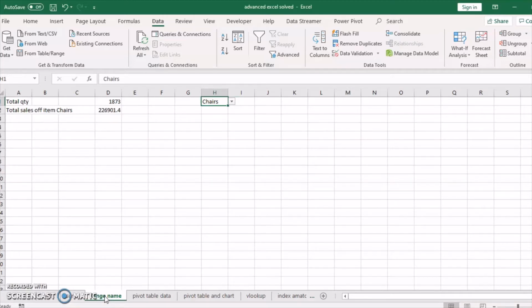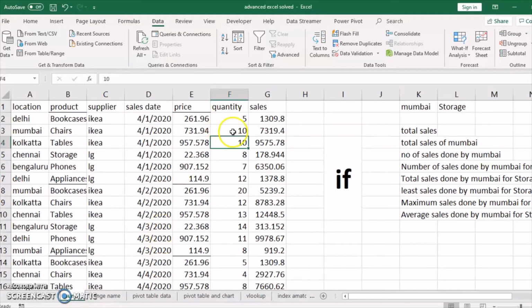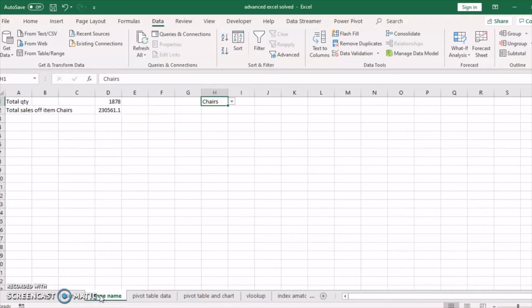It is 226901 now, and if I make it back to 15, you can see the value has changed to 230561. So we are not talking about how to go back to that sheet and do it, so that you don't have to remember the cell addresses.